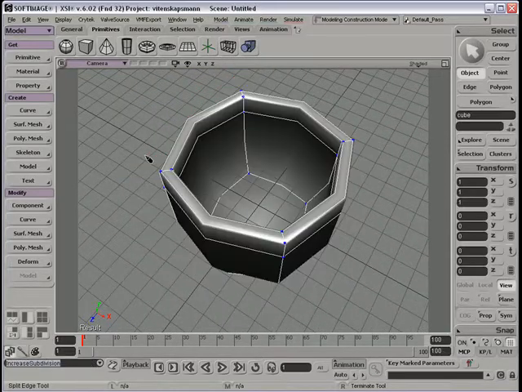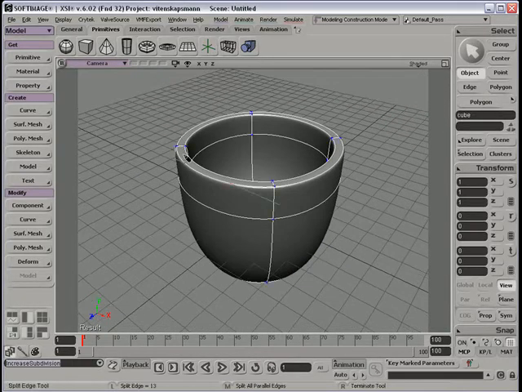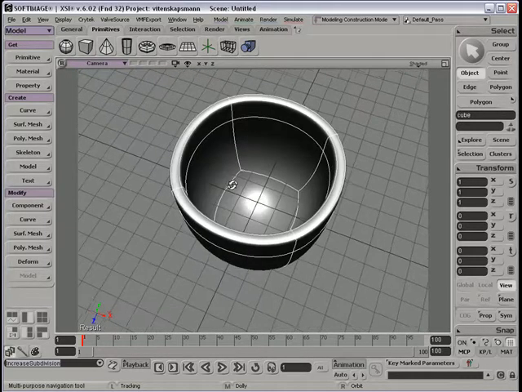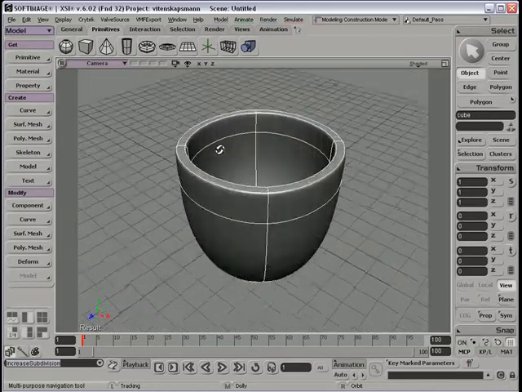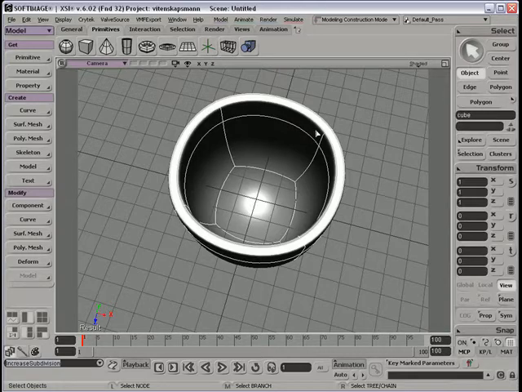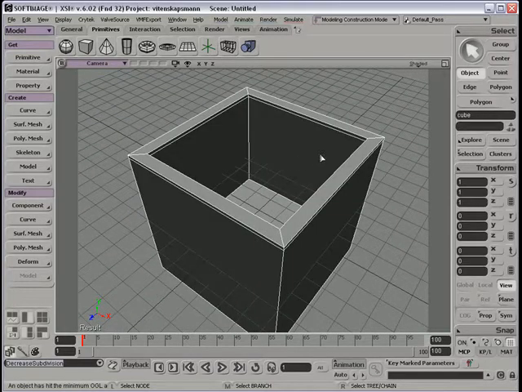If we now hit the plus key, here you can see now you have got a defined shape, a flat surface. So, let's say we want this to be straight and this to be round. Then you hit the minus key again,